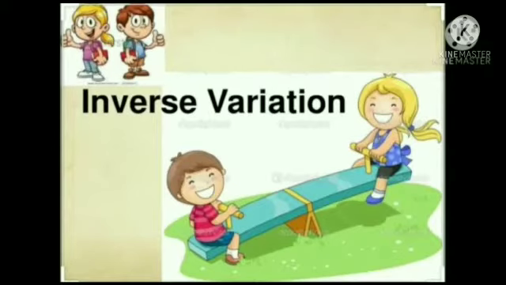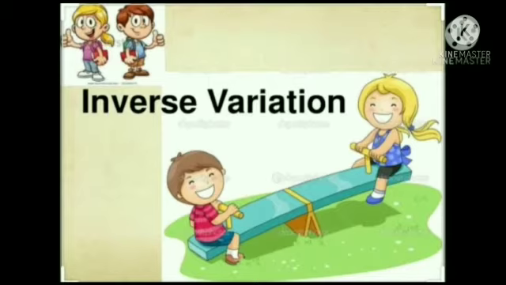You can see in this picture a girl and a boy playing on a seesaw. So inverse proportion is like a seesaw. Here the girl is on the upside and the boy is on the downside. How do you play a seesaw? One side should be up and the other side should be down. Clear? So here also the girl is on the upside and the boy is on the downside. If now the boy goes up, the girl will come down. Similarly, inverse proportion is like that.